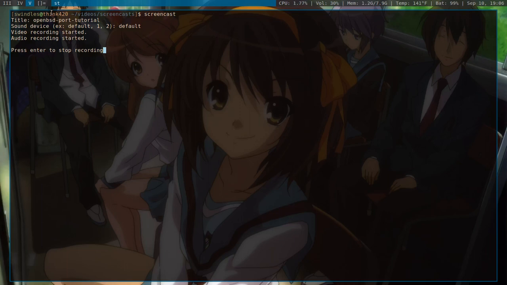As you may or may not know, I am an OpenBSD user. I'm a Linux user by trade. I use Linux for school and stuff, but for personal uses, I use OpenBSD. It's very minimal, very simple. I love OpenBSD overall. So, there's one problem with OpenBSD, and that is there's not a lot of third-party software